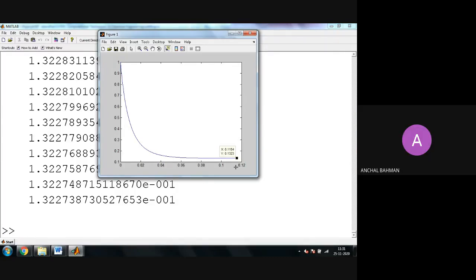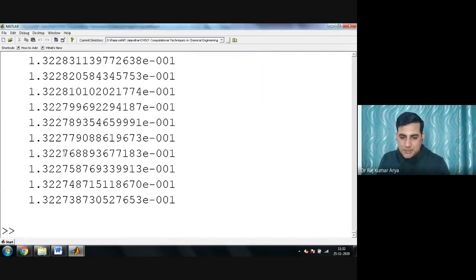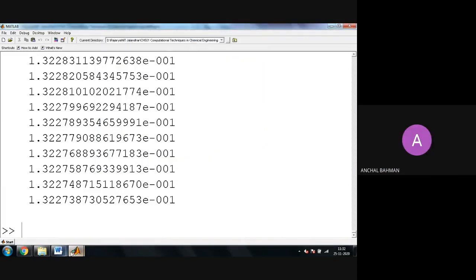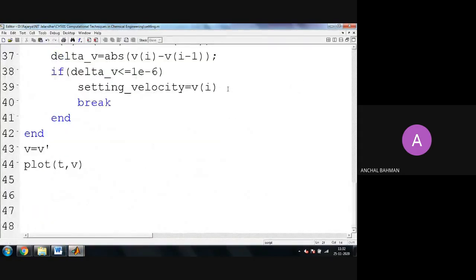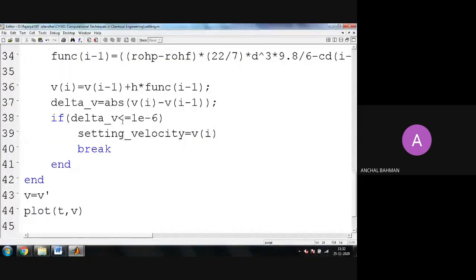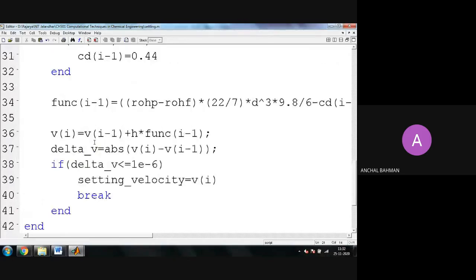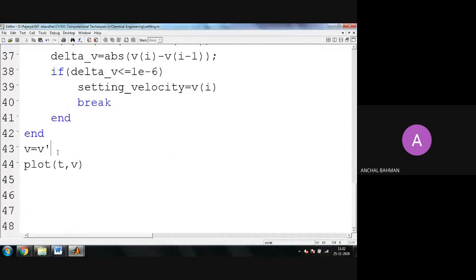Sir, can we just check the code for the velocity of 2 so that we can write the answer? Yes, we can check it actually. Can we also see the difference of the step size? Like what would be the velocity? Will it also come in complex if we are keeping a step size of 0.1 and then changing it later